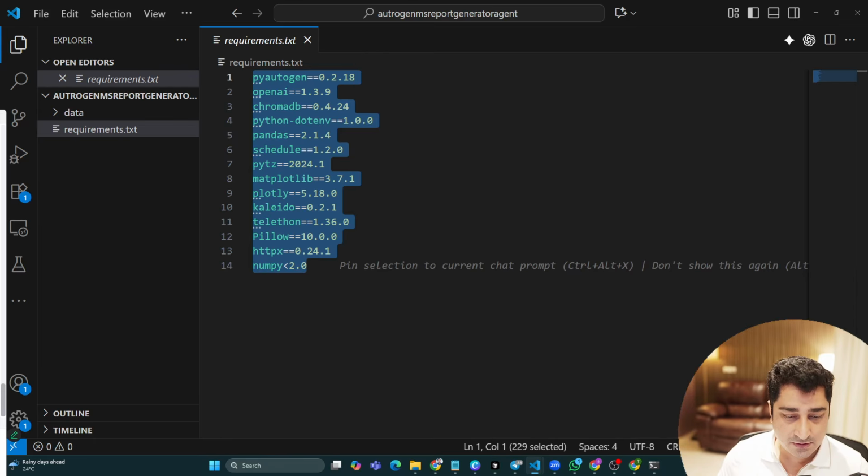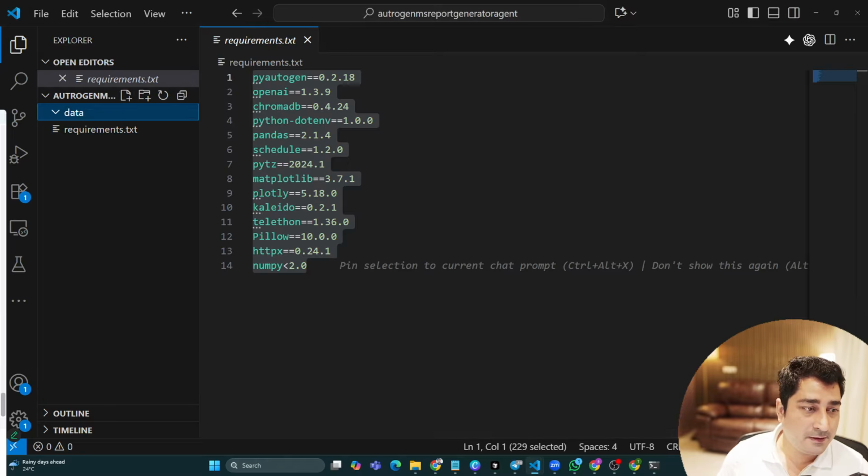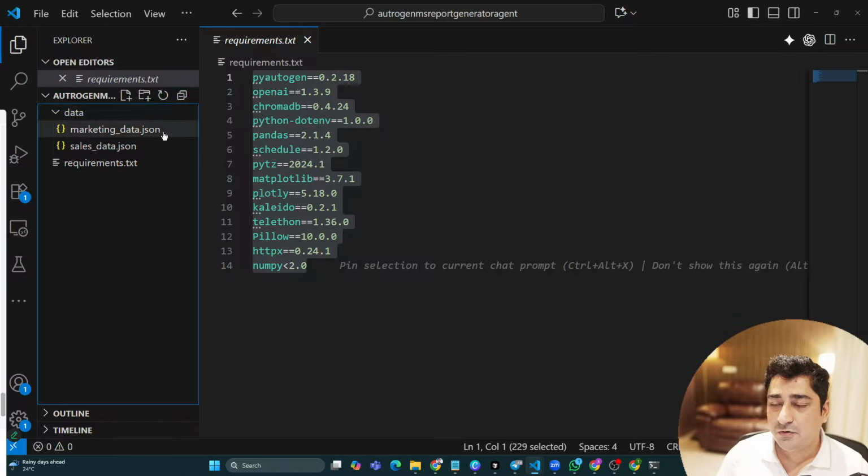Requirement.txt, let me send you this code. Yeah. Then there is a data folder. Now inside the data folder, I'm going to keep two files. But in ideal situations, obviously you have to basically create